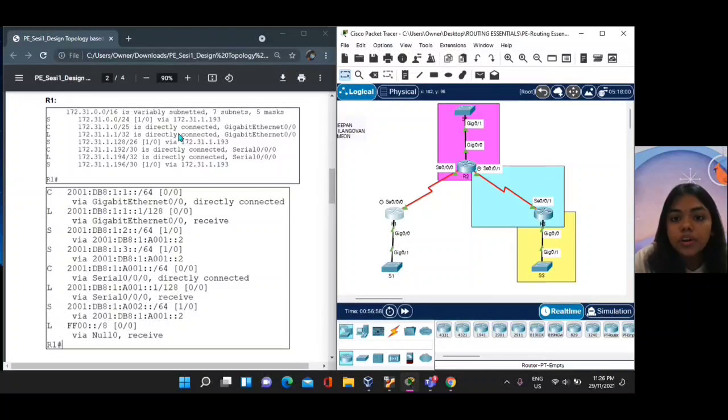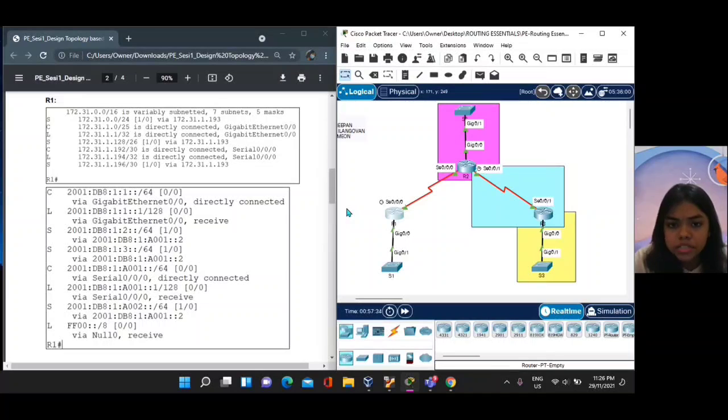At first, we configure the host name for router 1, which is R1. We also configure to disable the DNS lookup in order to prevent R1 from translating incorrectly, by using the no ip domain-lookup command. After we configure the host name and the DNS lookup command, we also configure the IPv4 address for the G0/0 interface and S0/0/0 interface by referring to the routing table of R1.